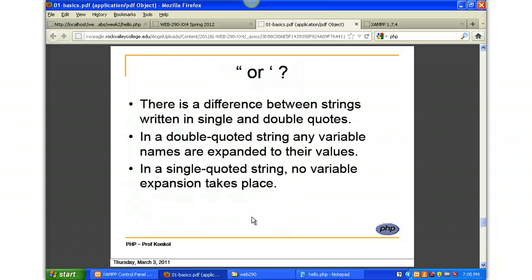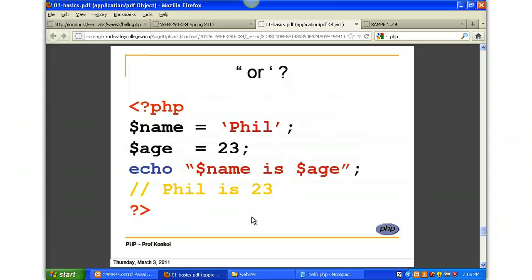The difference between strings written in single or double quotes. So we're going to use single or double quotes, which is the one? Well, in a double quoted string, any variable names are expanded to their value. In a single quoted string, no variable expansion takes place. So in this case, we have Phil in single quotes,